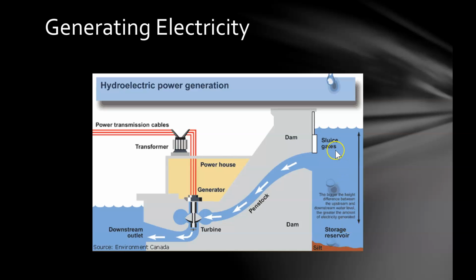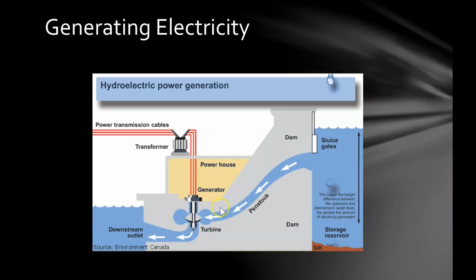And so when water goes through this channel, which is called a penstock, it will have a much higher flow of charge. And basically that flow is used to turn this turbine, which will eventually cause the generator to function as well,